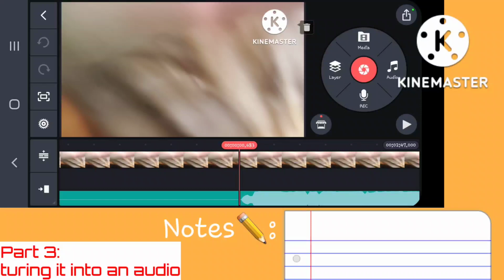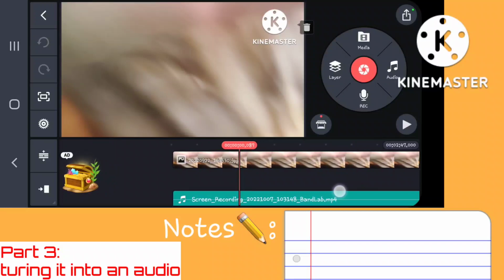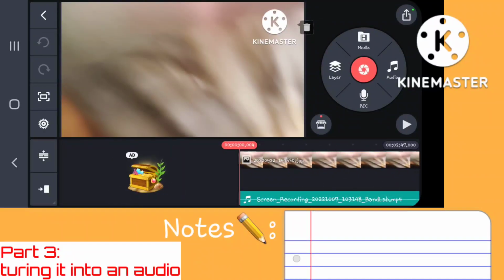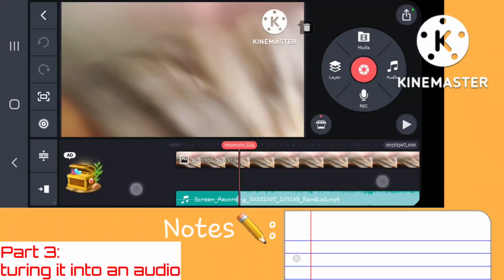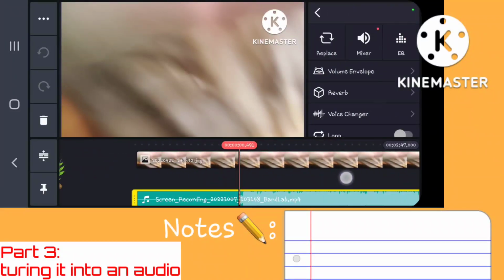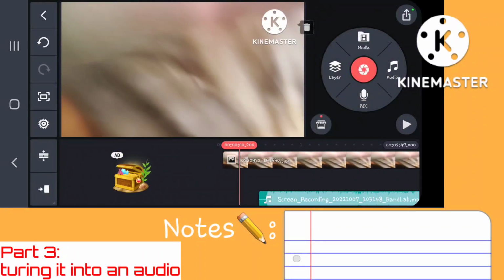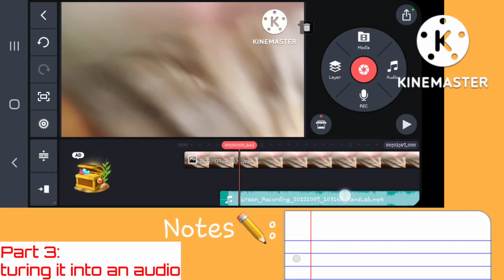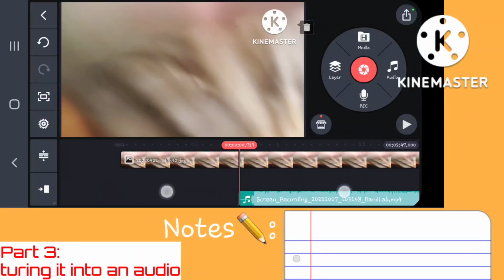wave shape to be maybe 0.085 to 0.09 in front of the beginning of the track, because if you put it too close, for some reason this track I had to put it all the way to 0.5 for it to sound good, just because Kinemaster is a video editing app. It's not really meant for audio, so it sounds weird sometimes. It's not really lined up that well, but yeah, you heard how it cut off part of it. You just have to